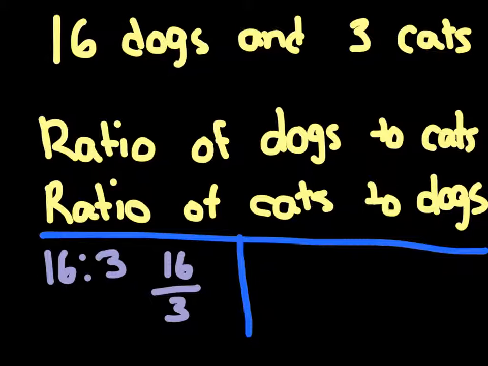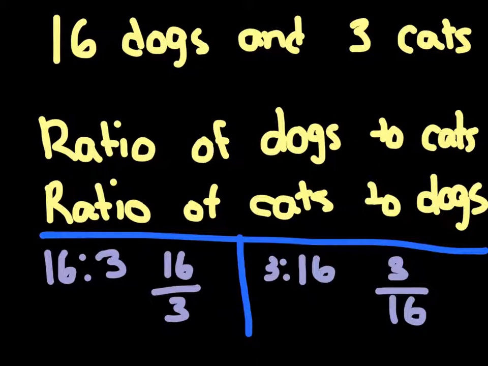Alright, and then now we want to find the ratio of cats to dogs. So we do 30 cats to 16 dogs, or we do 30 cats over 16 dogs. Same exact thing, just different notation. Very fun, very cool. So now on the next slide, let's go on and do